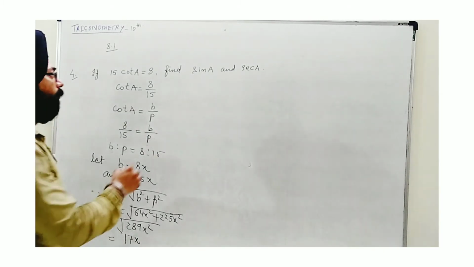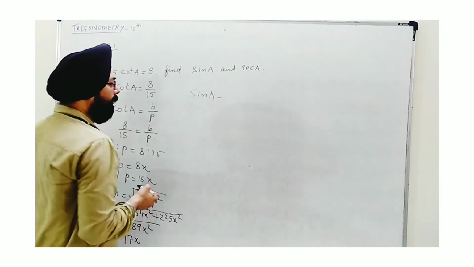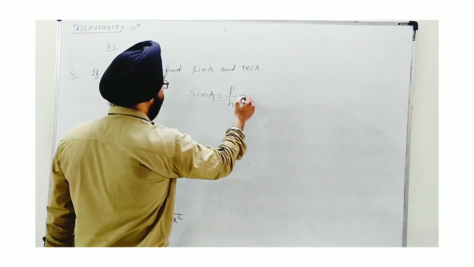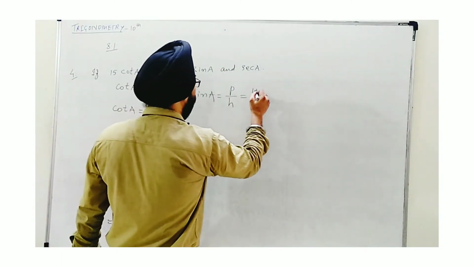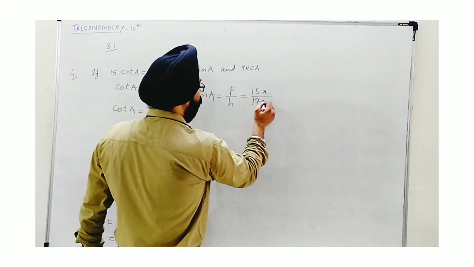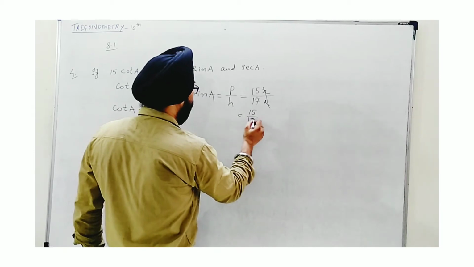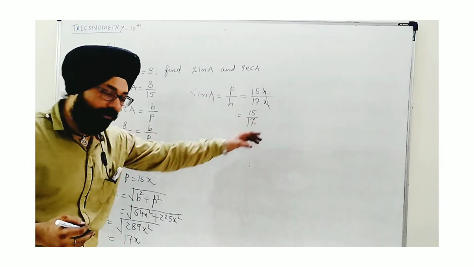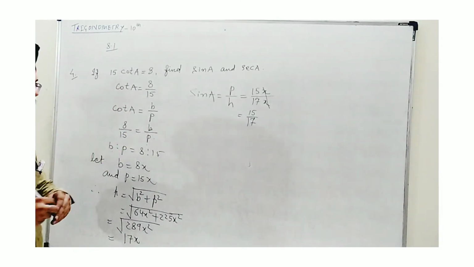So therefore, if I want to find for the same angle A, sine of A, what do we write? Sine of A is P upon h, perpendicular upon hypotenuse. The value of perpendicular we have obtained is 15x, upon hypotenuse 17x. So the common factor will surely be cancelled out. We have 15 upon 17 as the value of sine A. What I said, whether you take x or not will not affect the result, but this is the exact meaning of the condition given.